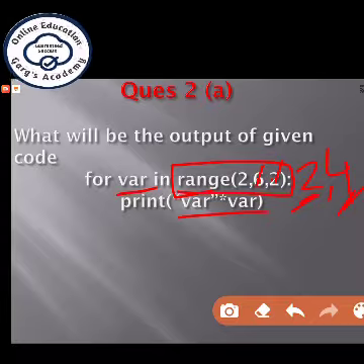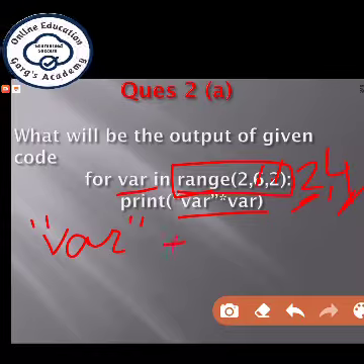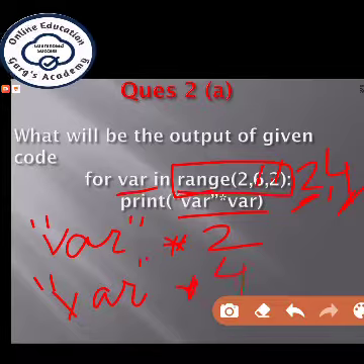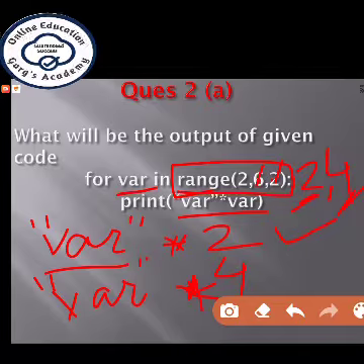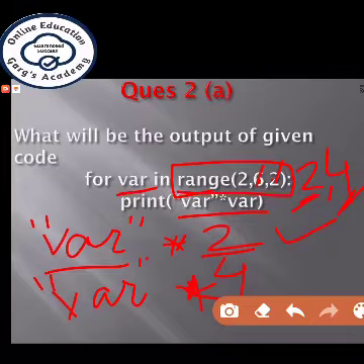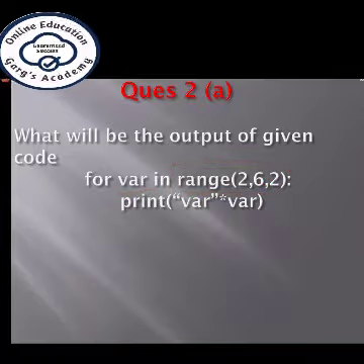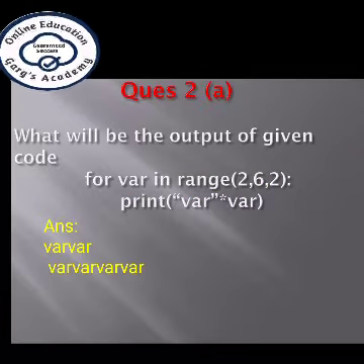Now see the print statement very carefully. It has written variable multiplied by var. So first time it will take this and second time it will take this. Now what should it print? It is a string and it is a number. If we multiply a string by a number, it will repeat or replicate it. Means where it will be written 2 times. Similarly for this statement where it will be repeated 4 times and the answer will be this.